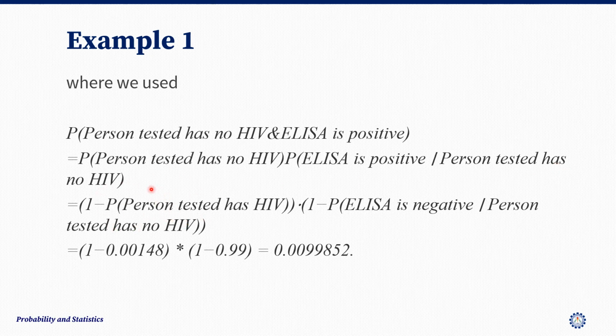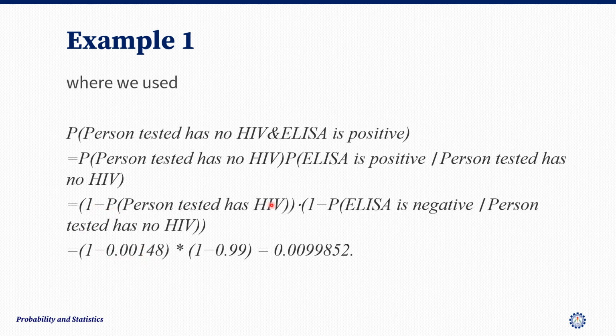We can get the probability of person tested has no HIV by deducting the probability of person tested has HIV, which we already know is 0.00148, so we deduct that from 1, so 1 minus